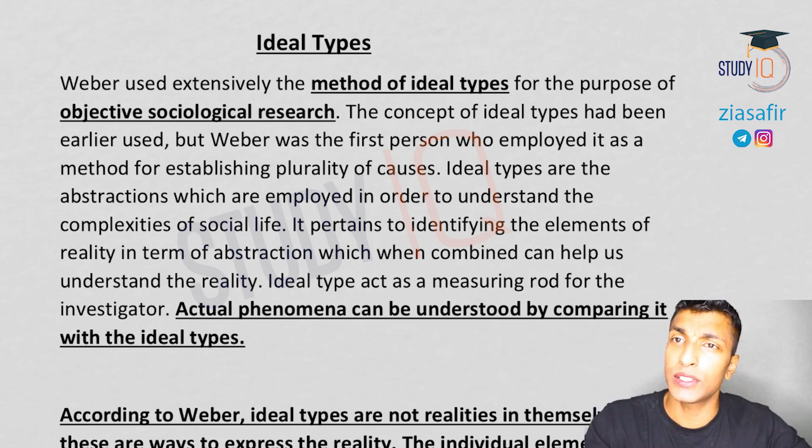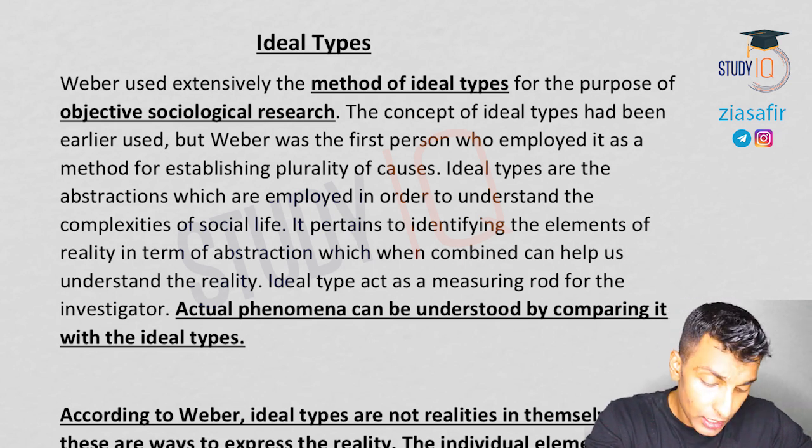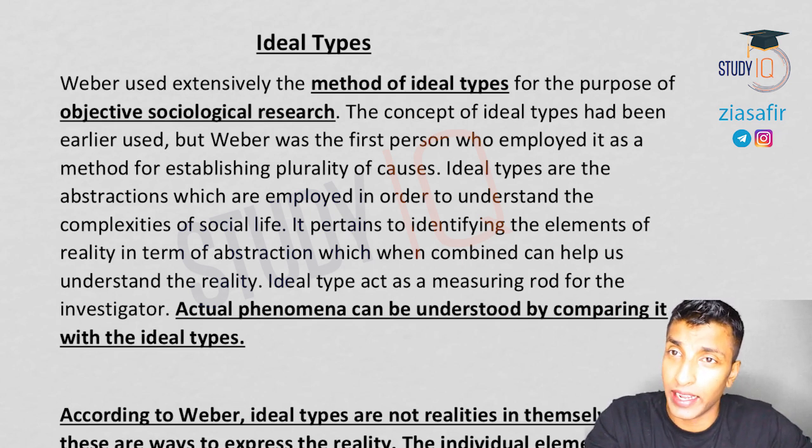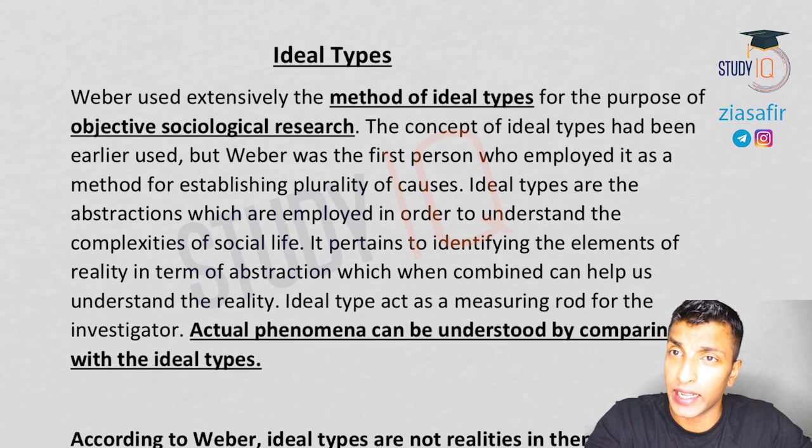So these are the methods which are proposed by Weber and demonstrated by Weber, except one, that is Verstehen. I have told you the criticism of Verstehen, that Weber himself never used this method. That itself is actually raising a question whether it is a good method or not. Okay, so apart from that, that area is clear. Now this is our last discussion on Weber. So with this we will be completing Weber, and then obviously we have critical analysis left out.